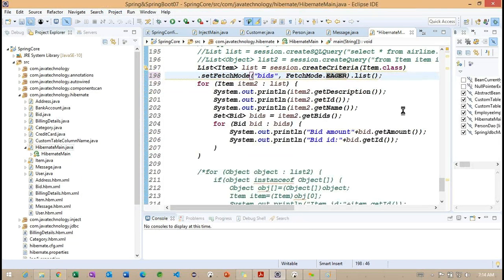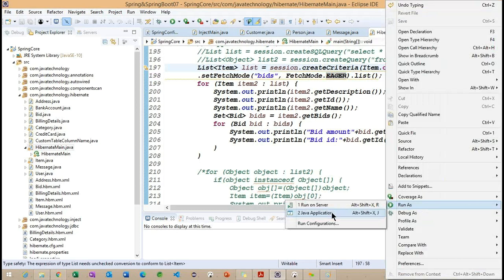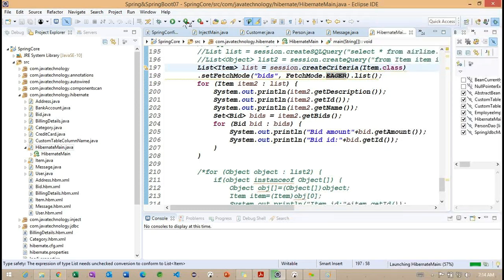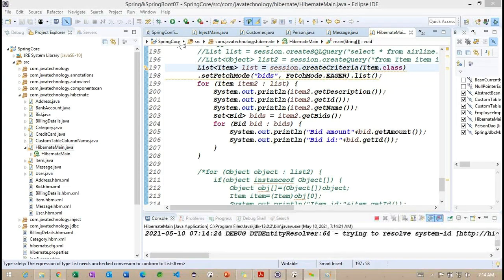Eclipse is taking a little time to load the data. So once this particular workspace build is completed, we'll try to run the same example one more time using this particular eager loading.